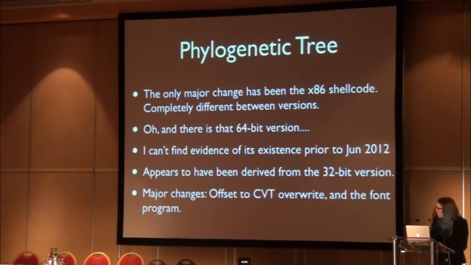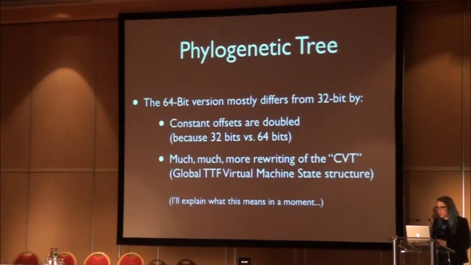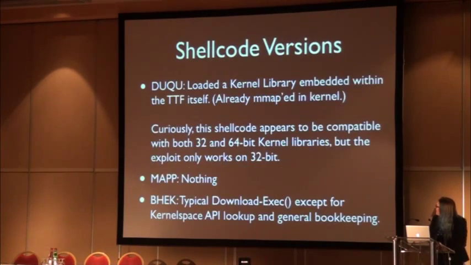But in any case, the 64-bit version is slightly changed. Mostly some offsets were changed, and also the middle part of the exploit where it manipulates the global VM state. In the 32-bit version, it only makes one write into that structure, but in the 64-bit version, it makes about 16. And I haven't precisely figured out what they all are quite yet. But I'll go through the data here in a second.